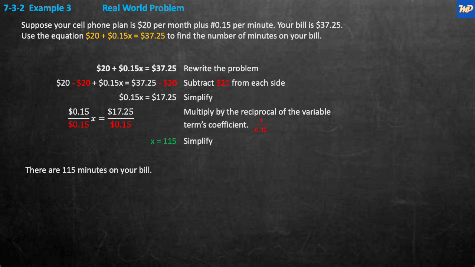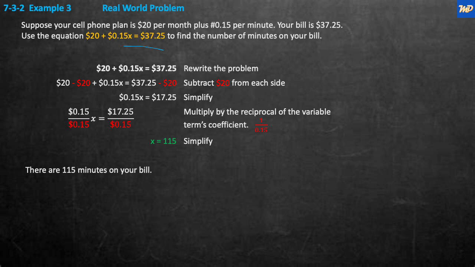Suppose your cell phone plan is $20 per month plus 15 cents per minute. Your bill is $37.25. Use the equation $20 plus $0.15 times x is equal to $37.25 to find out the number of minutes on your phone bill. So let's take a look at it. Rewriting this equation down here so we can look at it more closely. The first thing we're going to do is